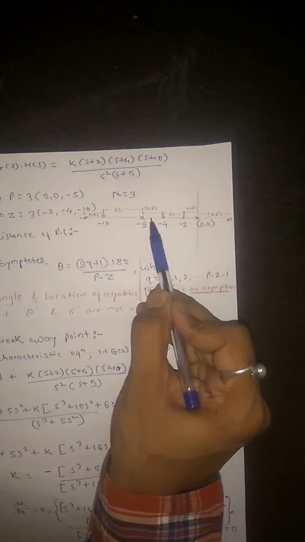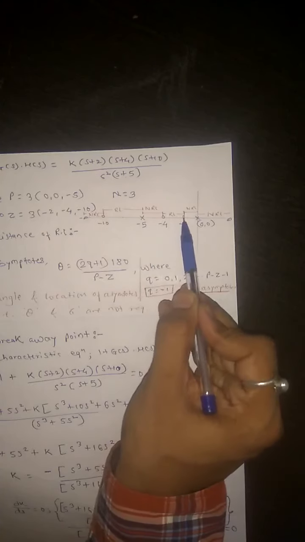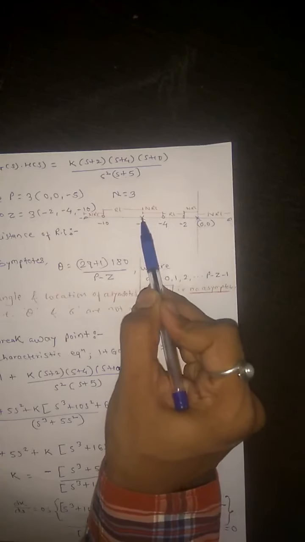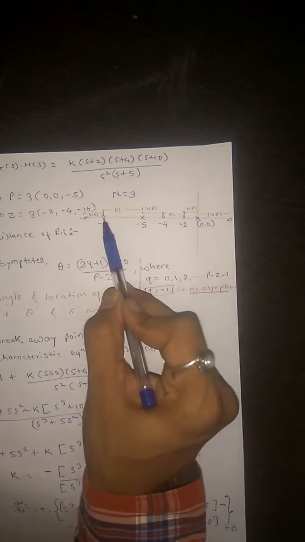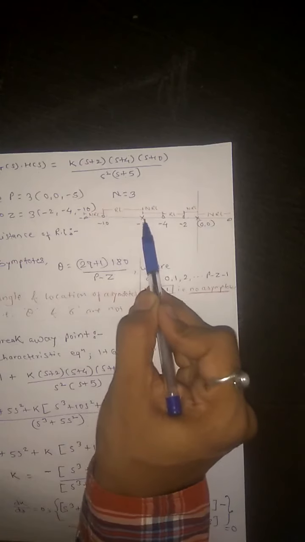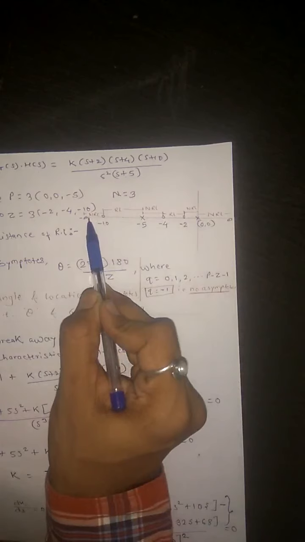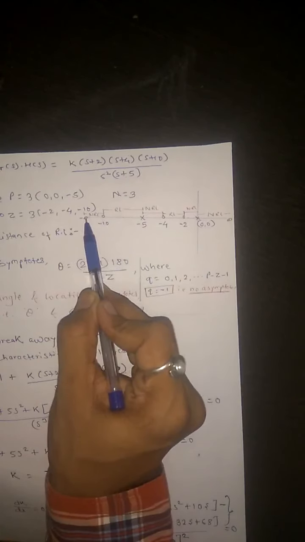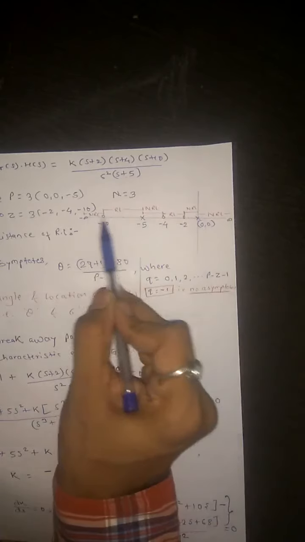Obviously for minus 4 to minus 5, in this region 1, 2, 3, 4. So 4 is an even figure, so this region is NRL. And again, the next region will be root locus region because 1, 2, 3, 4 and 5. And ultimately the last region will again be NRL because 1, 2, 3, 4, 5, 6. So this is a non root locus region.